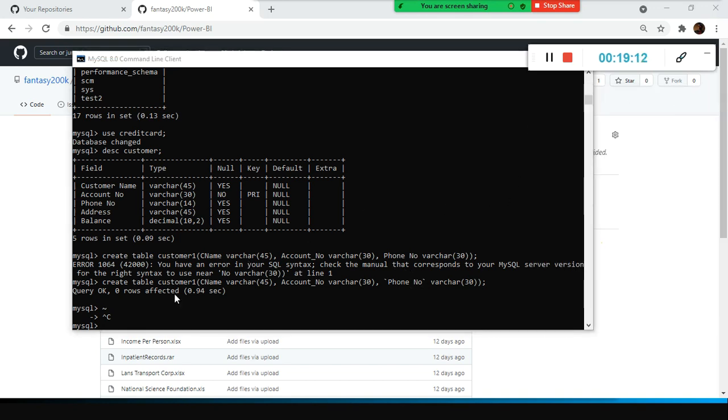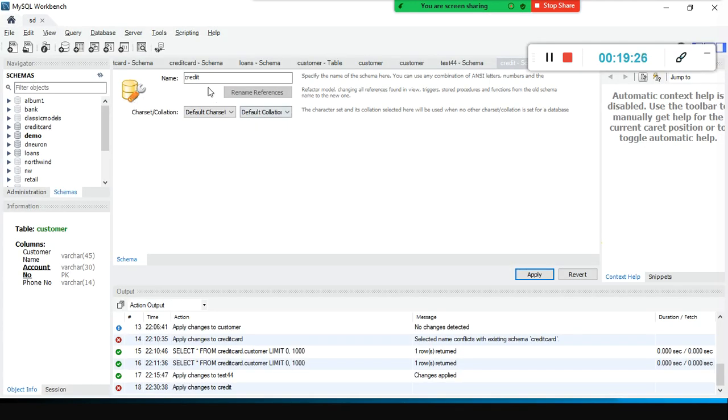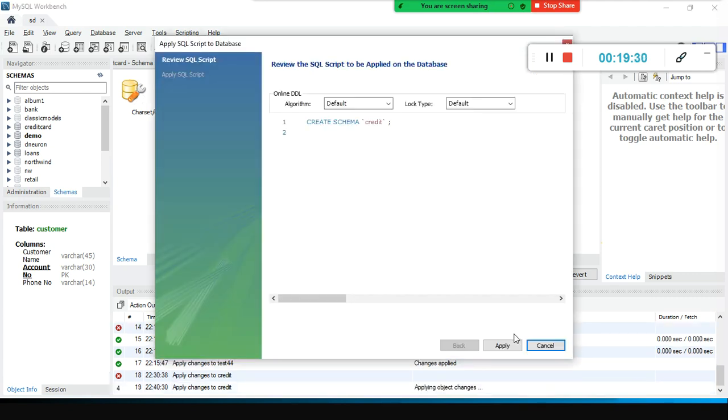Karthik, have you done this? Are you able to create this table? Or else, not a problem. Okay, you watch my video and then you create it. So now you understood, right? Column name. When we try the same here, you can try the same way with Workbench also. Okay, I don't have to try everything here.